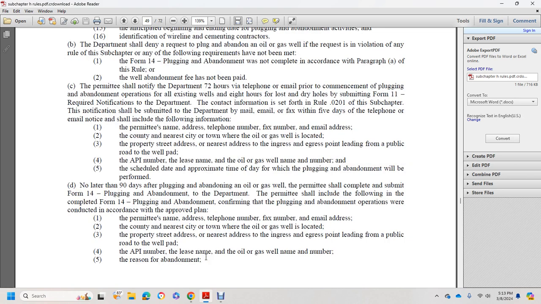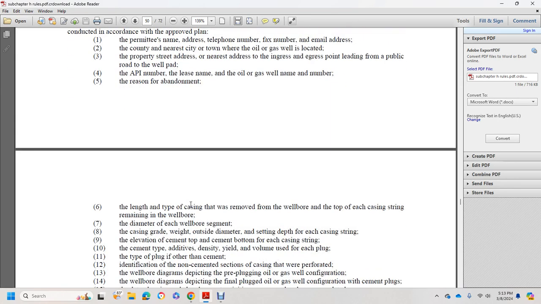Permittee name and address, telephone number, fax number, email address, the county and nearest city where the oil and gas well is located, the property street address with the ingress/egress point leading out to the public road and well pad, API number, lease number, oil and gas well name and number, the reason for abandonment, the length of casing removed from the well bore, top of the casing string remaining in the well bore, the diameter of each well bore segment, casing grade, weight,